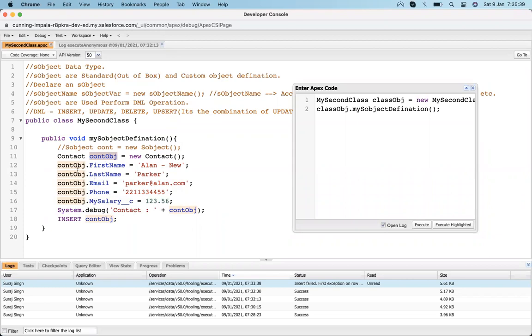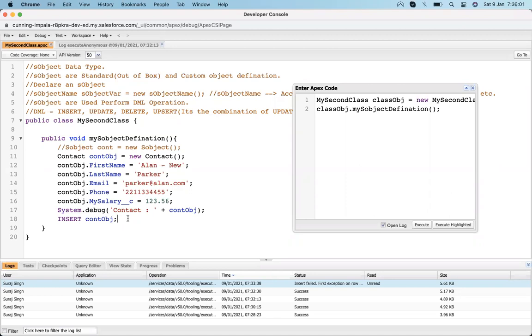We are inserting a contact record. After this insert line works, it doesn't keep this object anywhere. It's already recorded to the database and it's done. Next time you can rerun this code and it will record another record. It won't affect the existing record itself.